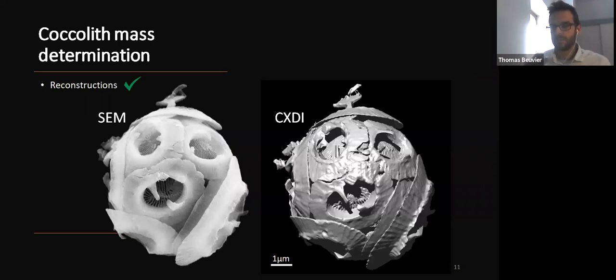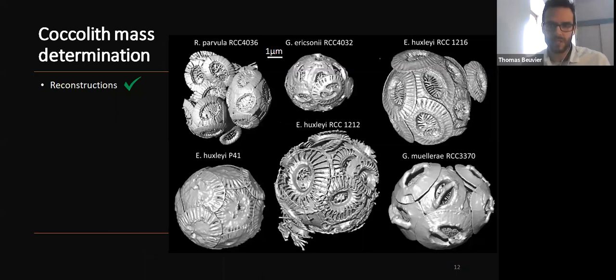So once the measurements with CXDI were done, the idea is to check that our reconstructions are correct, are true. So we took care to check by observing them by SEM that the reconstructions by CXDI were correct, and the agreement was quite nice. And we did it for 7 species of coccolithophores. So here you see 6 more coccospheres coming from 6 species of